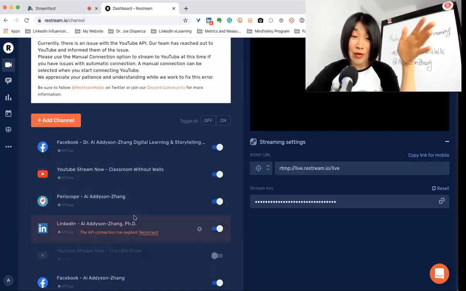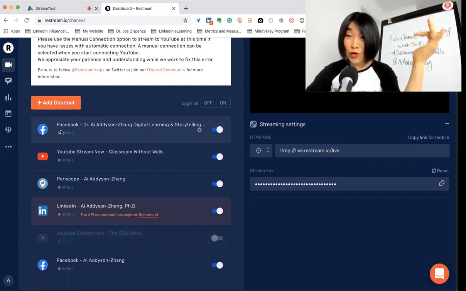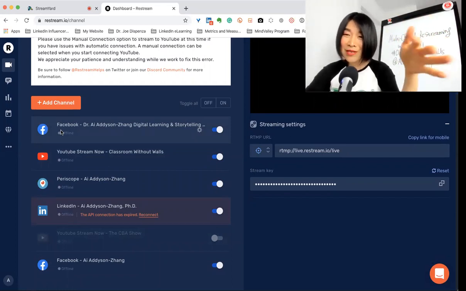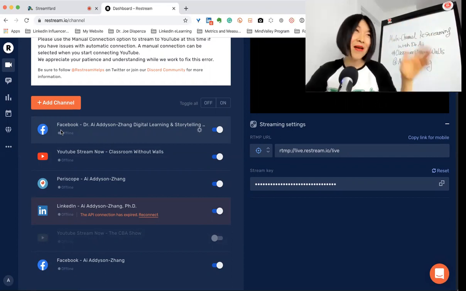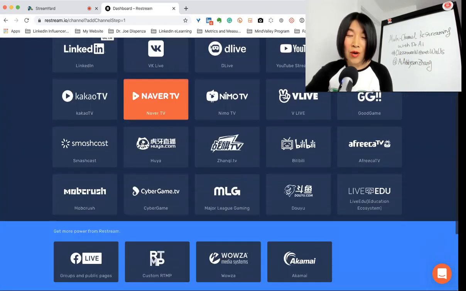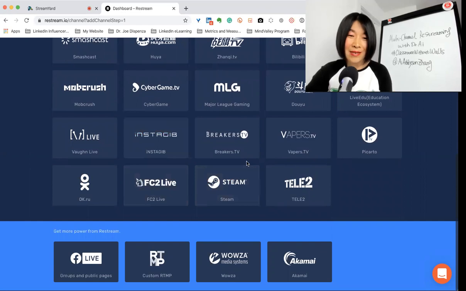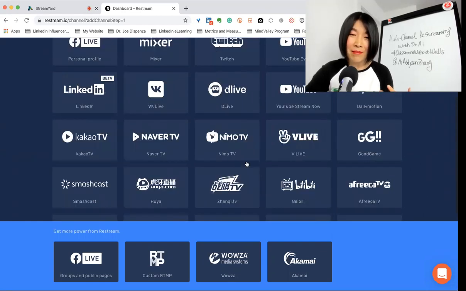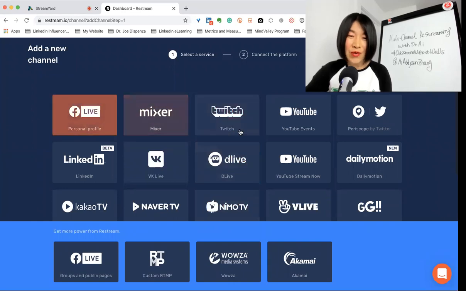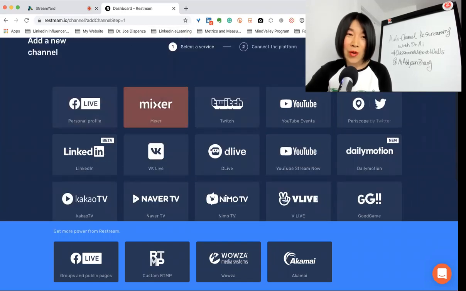As I mentioned earlier, I used to use them. So here are the platforms that I did. I no longer use them because StreamYard already has this feature, and I do not need to restream to platforms in China or in Japan, in different countries. I don't really have an audience there. But if you do, as you can see, here are so many additional platforms, like in China. To me, it is not really a priority. It's not my need, but if you do, you can select all of them and go live on 30 plus channels at the same time, and Restream will allow you to do that. I forgot how much they charge, but that's another feature.